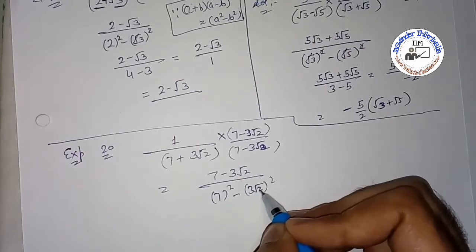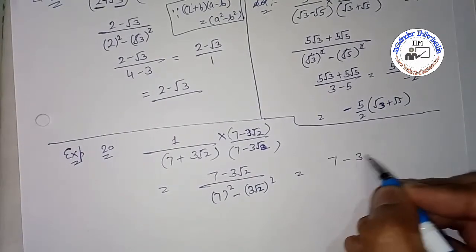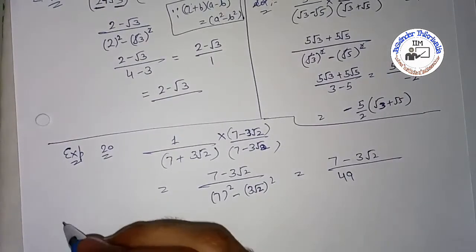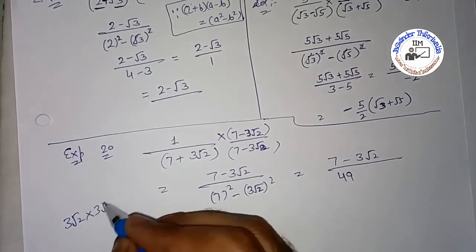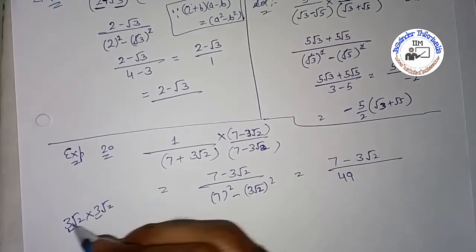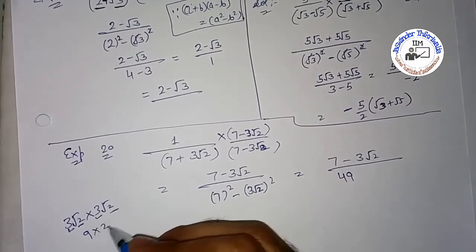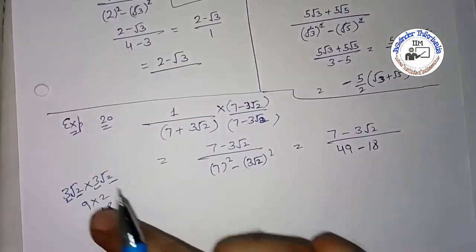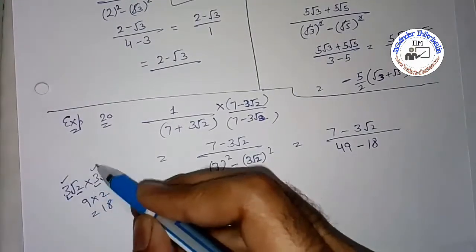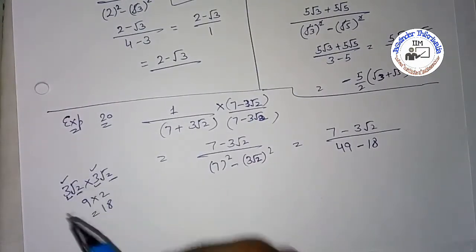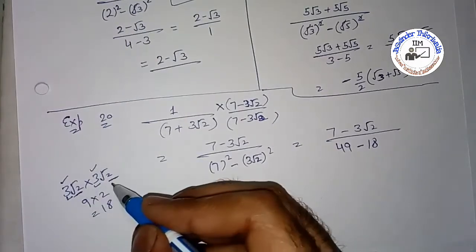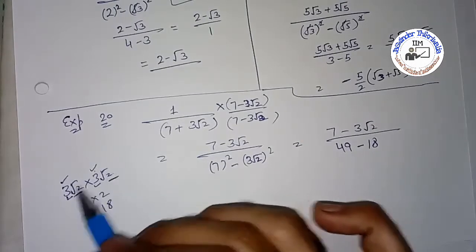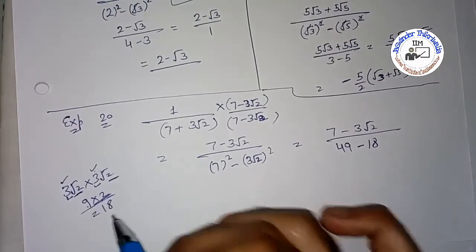So it will be a square, meaning 7 square, minus, okay, 3 root 2 square. So beta, now you check, when you open this bracket by the identity, it will be 49, and here you take care, you have to multiply 3 under root 2 with 3 under root 2. Firstly 3 3s are 9, root 2 into root 2 you will get 2, so 9 2s are 18. So the final result will be 18. Okay, clear? You must understand that the terms outside multiply with each other, and the terms in the root multiply with each other. So this simple term will give you 9, the root terms cancel with each other, it will be 2, so 9 2s are 18.